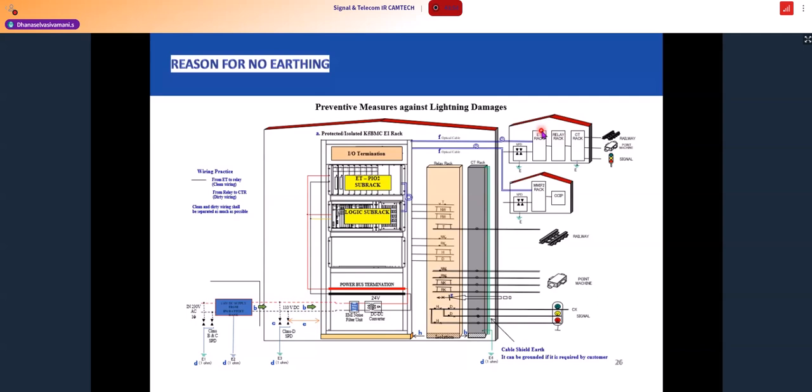But what we have to do is, anyway, cables are coming from the outdoor, but we have to take the outdoor cable armor and the armor is to be earthed. Armor we have to earth, but we should not earth the CT rack. CT rack should be floating. So this is the third one, and the fourth one you can see